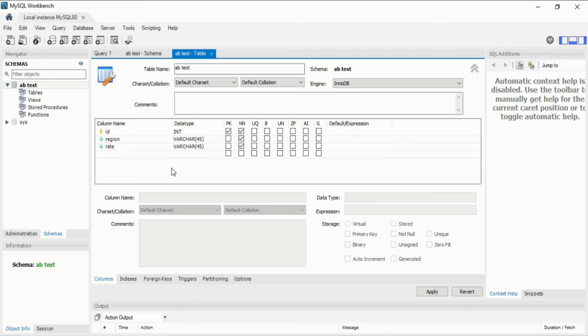So we will not create any more. These three will be enough. We are just creating for the sake of knowledge. So now you will see I have created the three columns. So these three columns should be NN because it won't have any null available within that. After that, click on